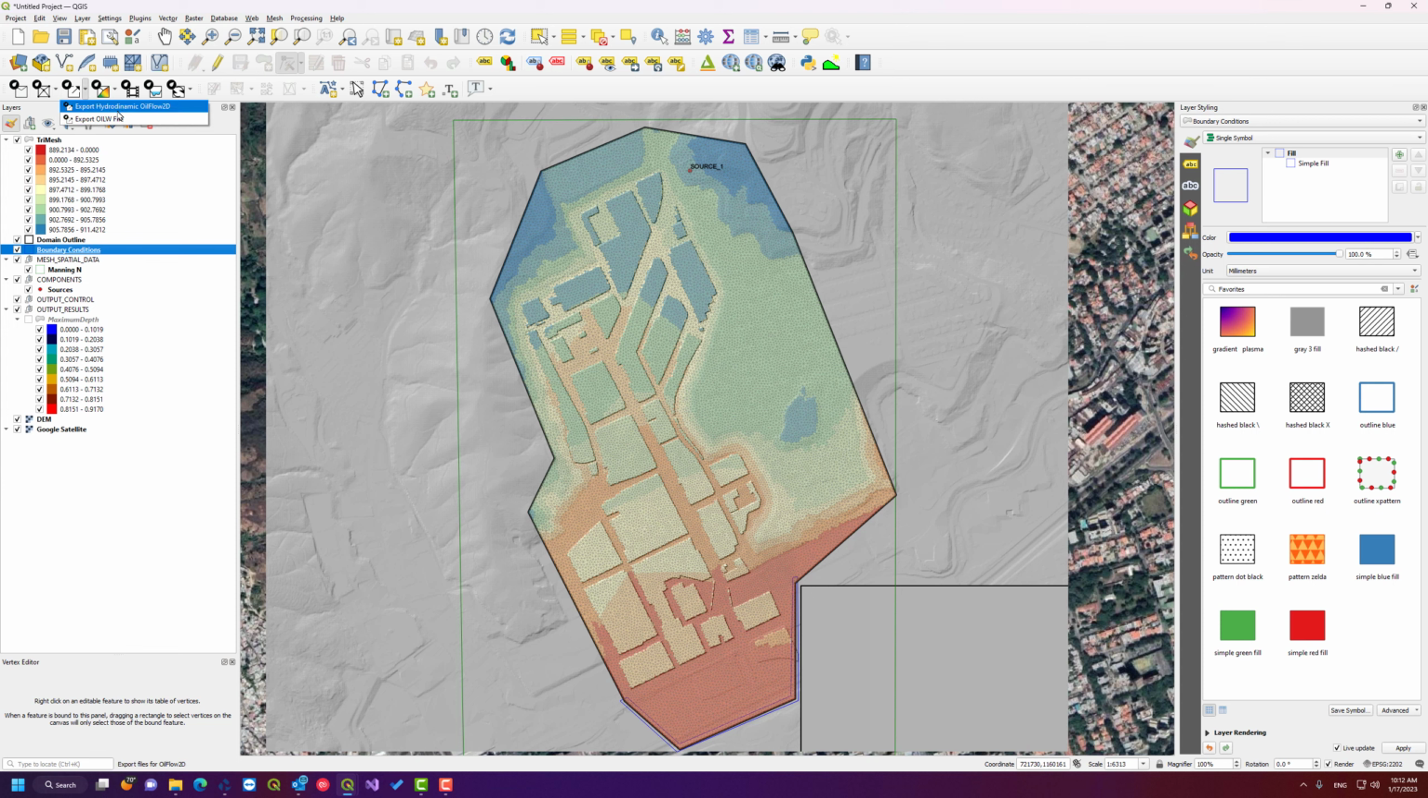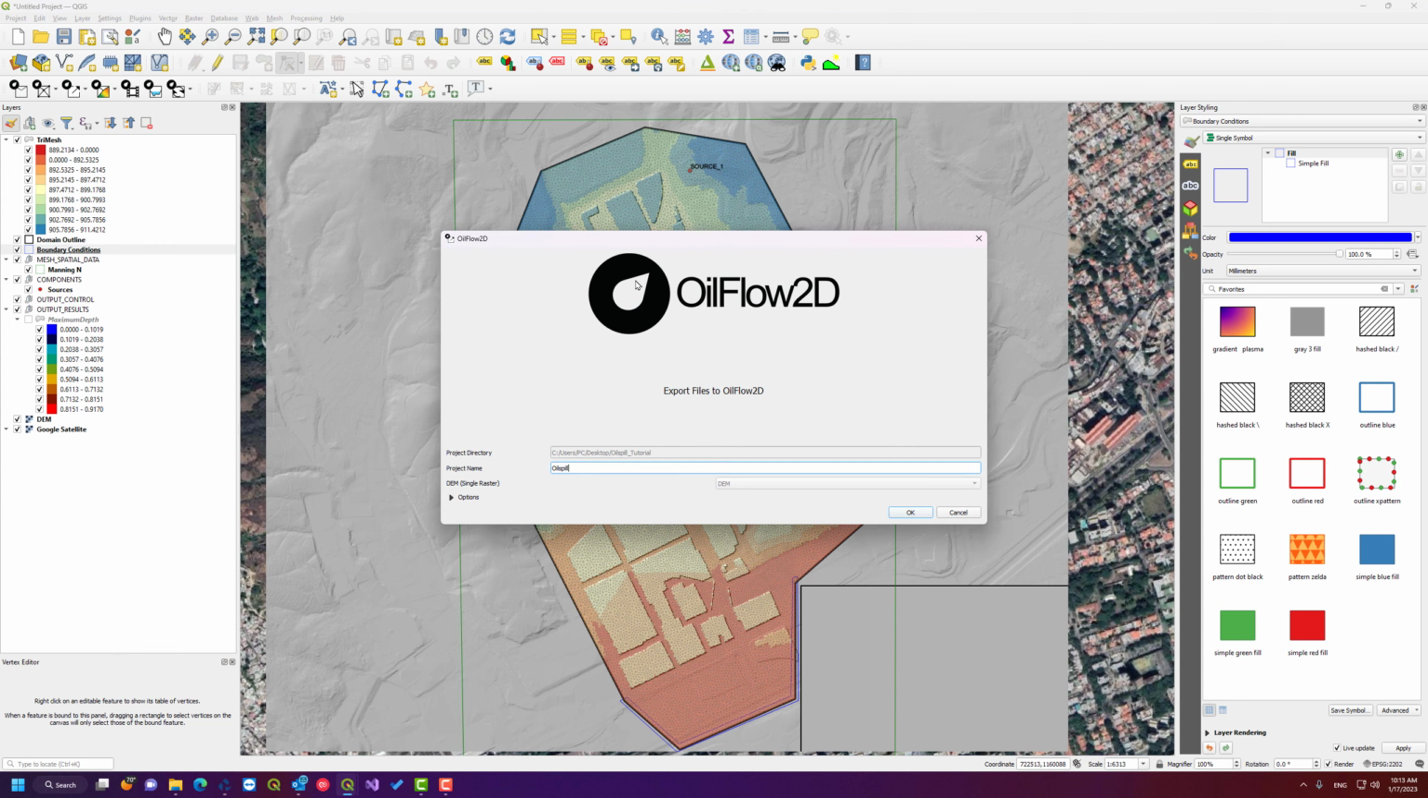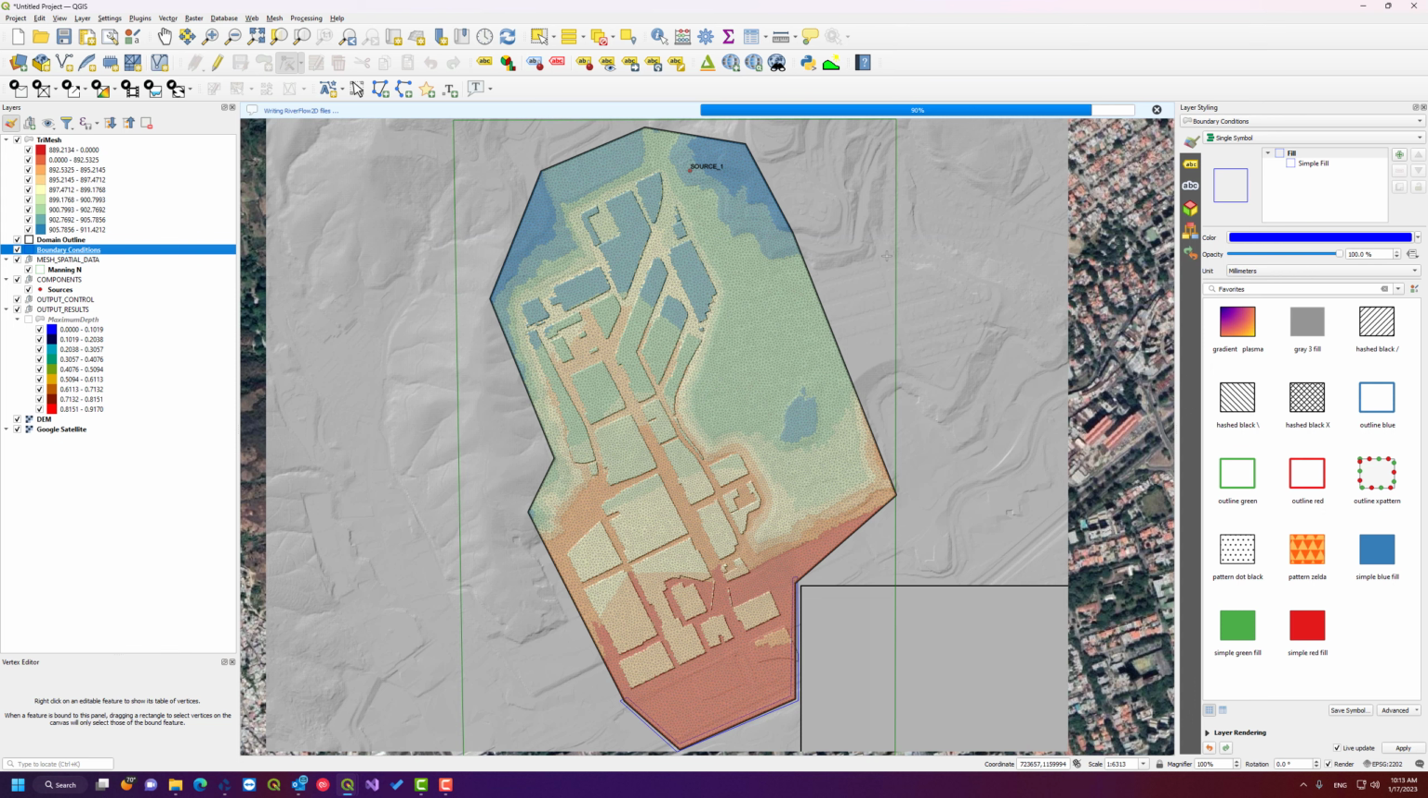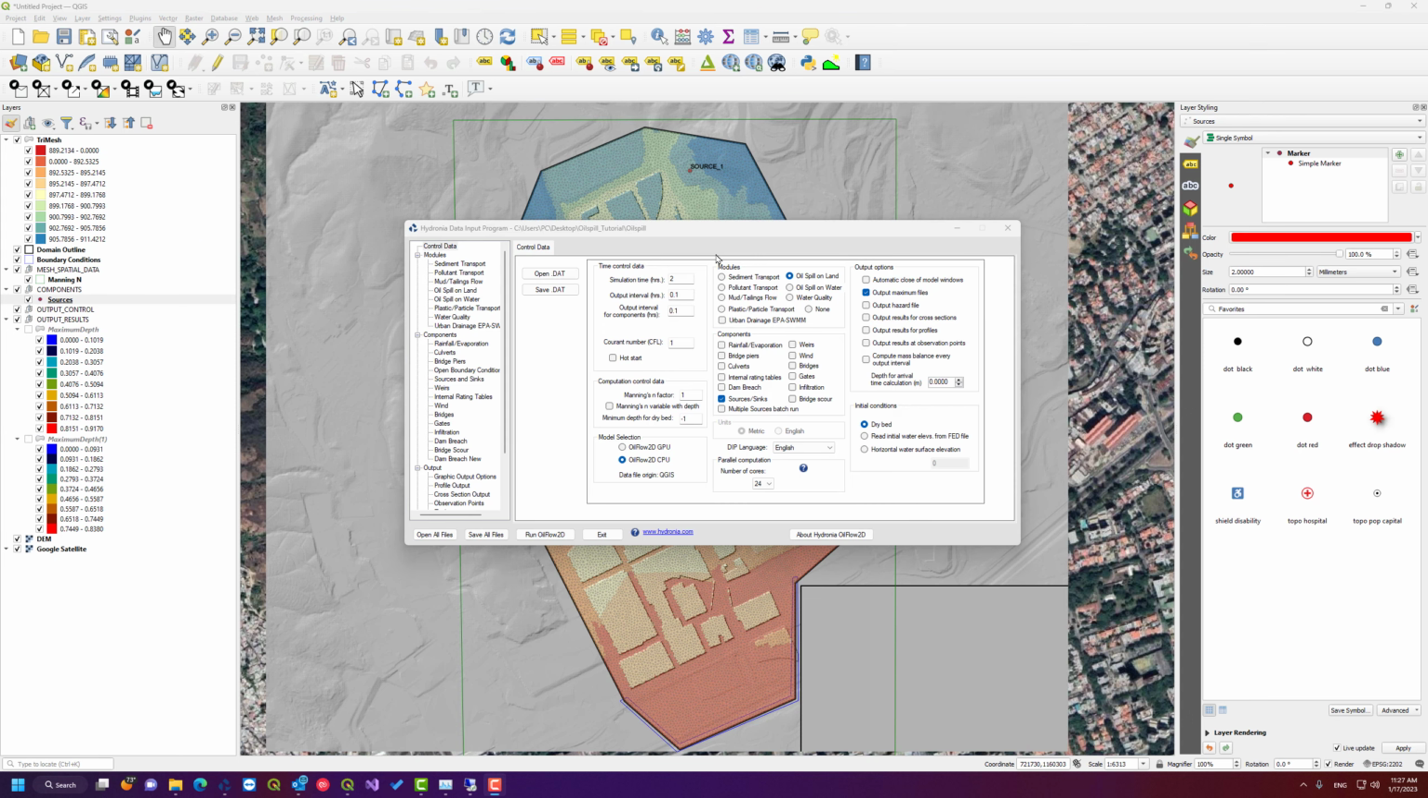Export from the plugin menu, and we're just going to leave everything the same. This will open up the dip programming again. So we're going to enable the heat transfer option on this model, because what we did before with the basic